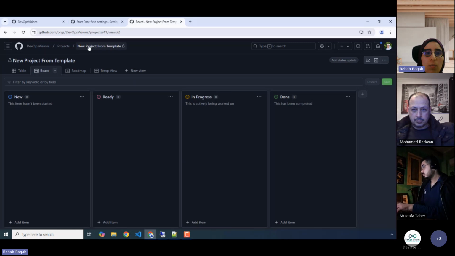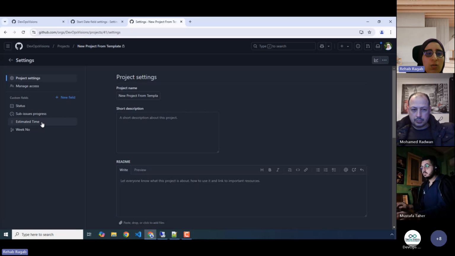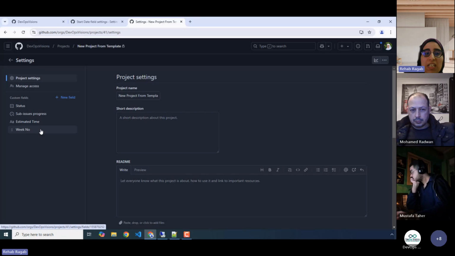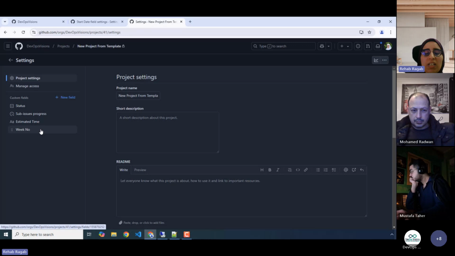And navigating to the project that I have created from the template, and navigating to the settings. Now I have only two fields, the two fields that I created first, before creating this project from the template. So this is an example of applying reusability just for reusability, not maintainability. Creating a project template, creating a repo template, creating saved replies, all changes will be applied only to the new projects or repos that you will create after the customization.